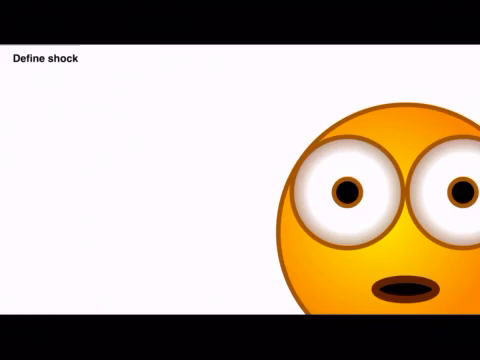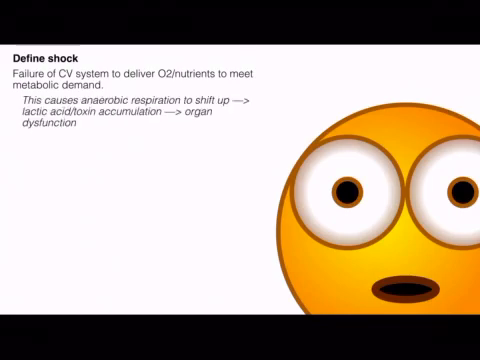So define shock. There's my shock emoji. It's the failure of the cardiovascular system to deliver enough to meet metabolic demand. So we get not enough supply, and not enough waste being removed. We're going into anaerobic respiration. That fermentation is changing pyruvate from those cellular respiratory cycles into lactic acid and other toxin accumulation, and that's widespread